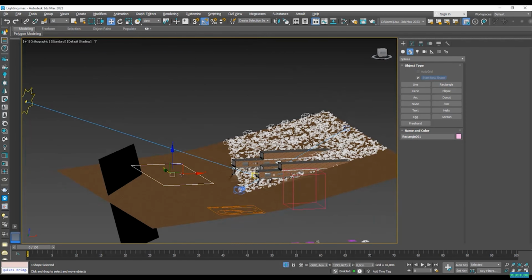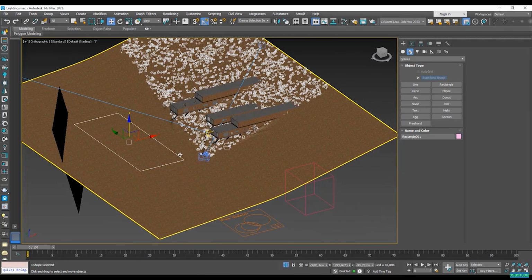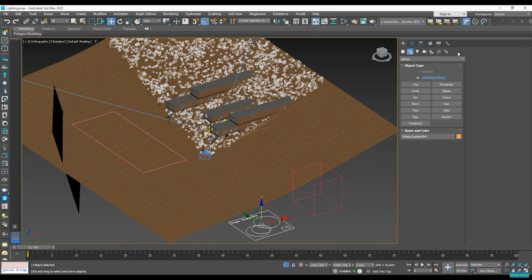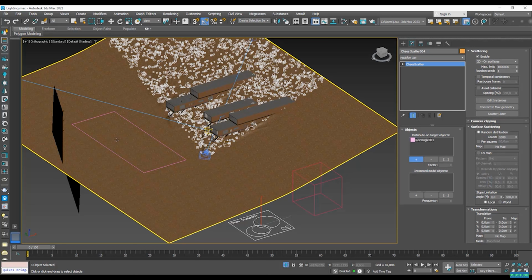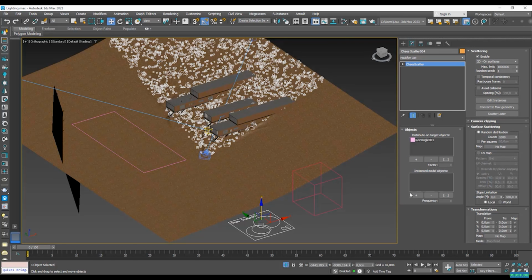I'm going to be placing them in here. Doesn't really matter where, because again, we're only going to be using them as shadows. Let's select the chaos scatter, go into the modifiers and select the distribute on target objects. So let's hit that add icon and I'm going to select this spline. Deselect this. Now let's select our tree like so,